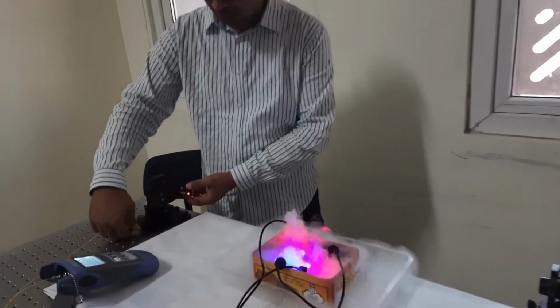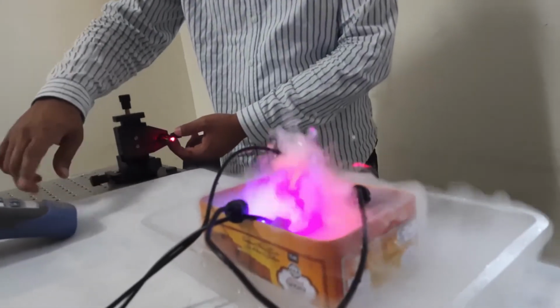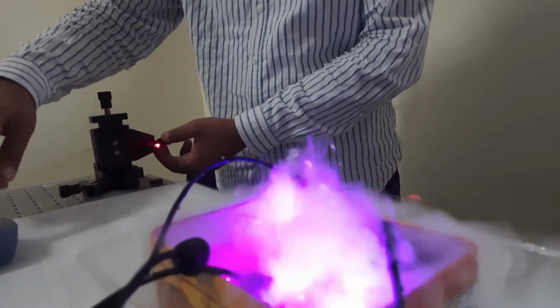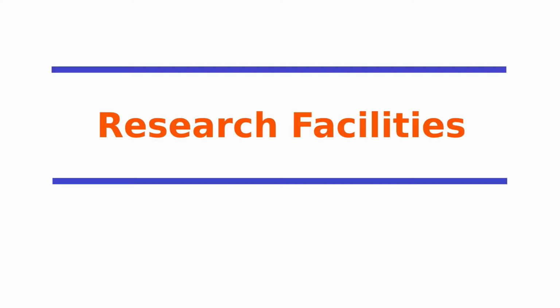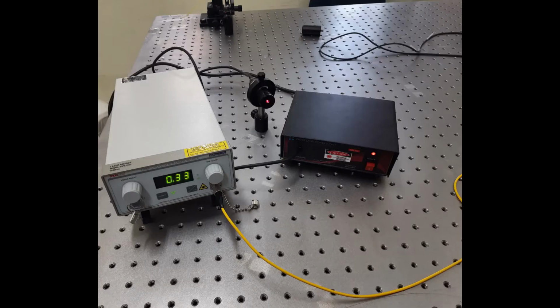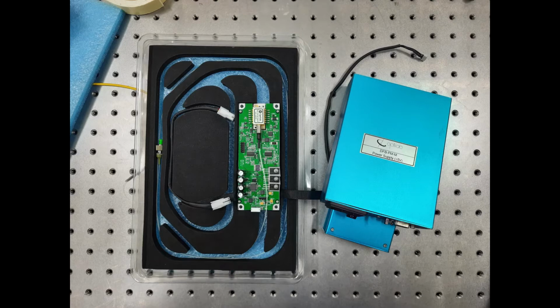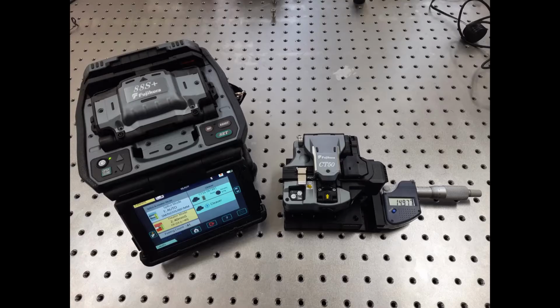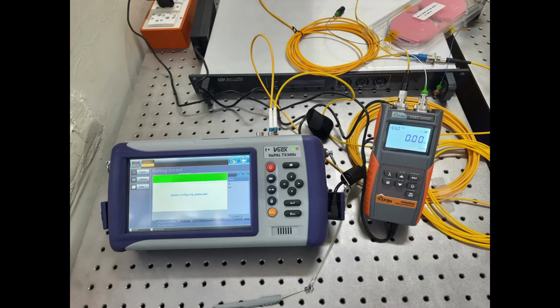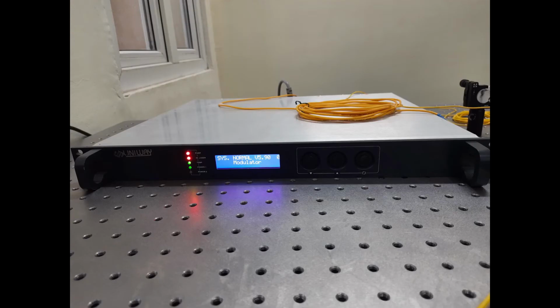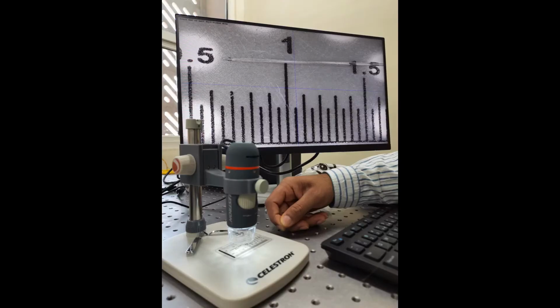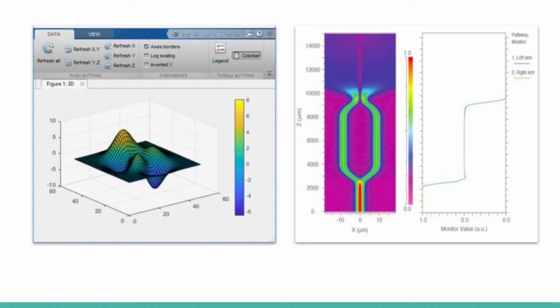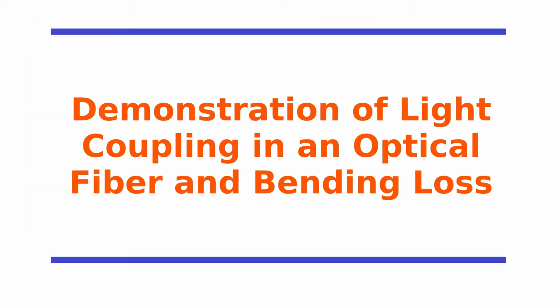The group is also engaged in the theoretical and experimental study of various concepts and phenomena related to applied optics and photonics. Our lab facilities are well equipped to undertake frontline research in different domains of photonics. The lab is equipped with laser sources, both tunable and fixed wavelength, optical power meter and detectors, fusion splice machine, bit error rate tester, power attenuator, optical power amplifiers and other characterization facilities. Apart from the hardware facilities, simulation software such as MATLAB and BeamProp are also available.